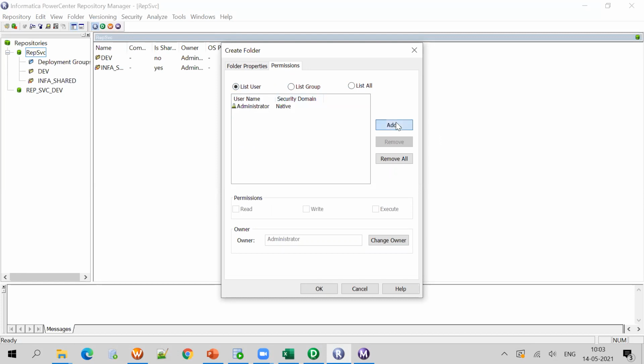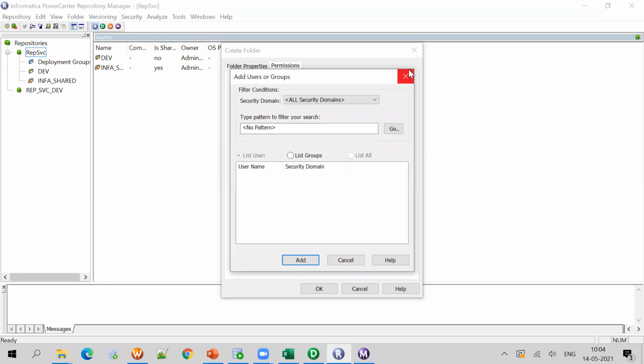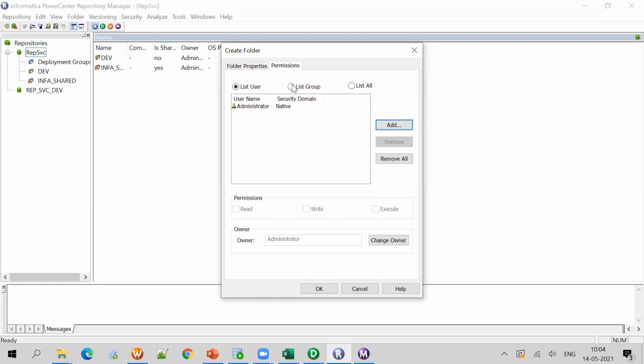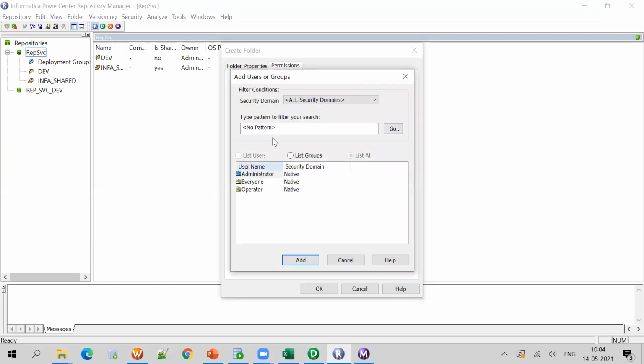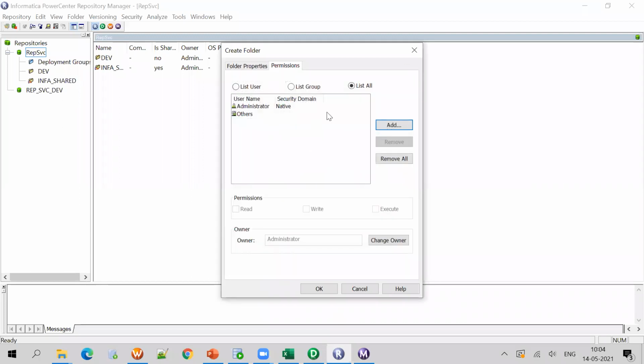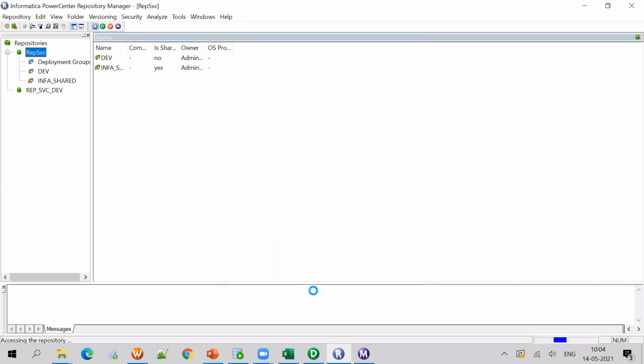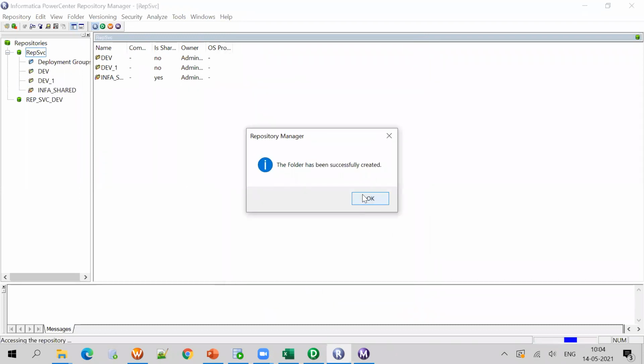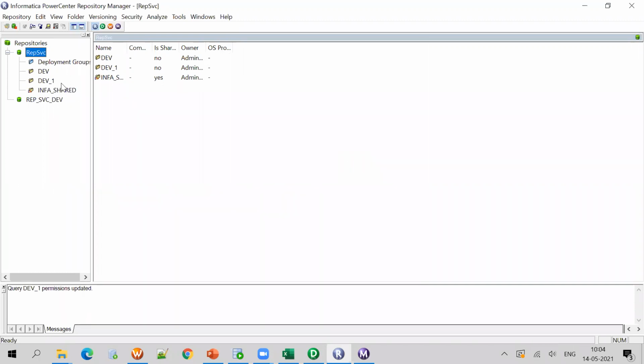If it is only for users, you can add the users, or give permissions like everyone or administrator privileges. We can do all of this in create folder. I'm just clicking OK. The folder has been successfully created, so dev1 is created. Now the repository part is done.